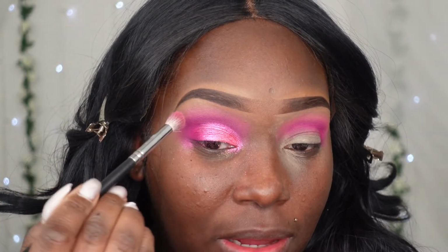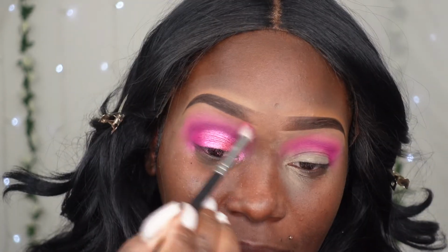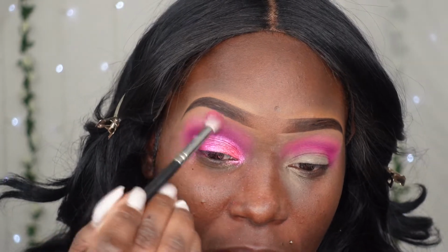I don't know how I feel about this palette. I really don't. Like, this would be the first time ever in history that I'm not satisfied with a Juvia palette. Like I said, I thought my base was put on wrong, but the lid should have made up for what I was feeling. And right now, I just feel like it's...